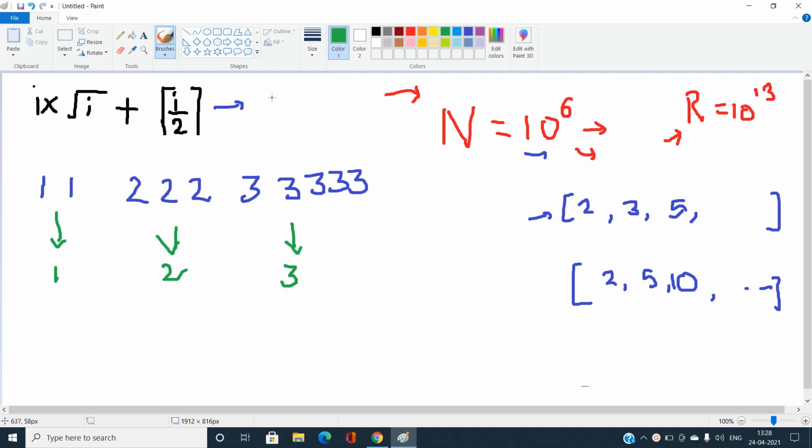Now suppose we have been given L as 1 and R as, let's call it, 4. It means that we have to find the number of distinct values in this range, which will always be 2. Now you can use the brute force approach, but this will give us a TLE. And what should be the best approach? I am talking about the best approach.